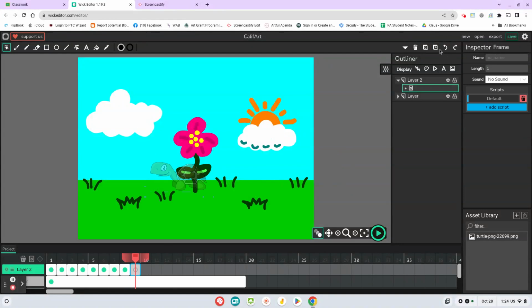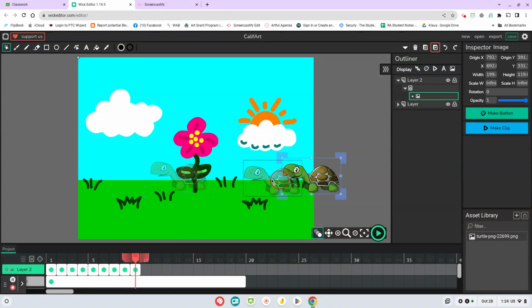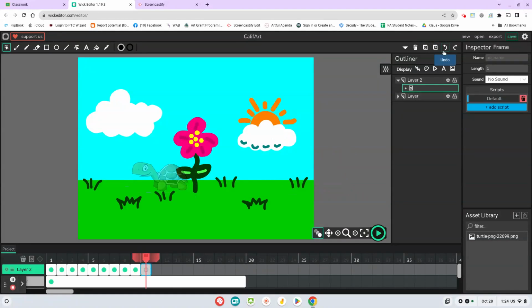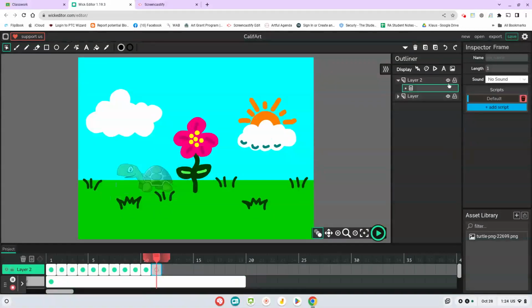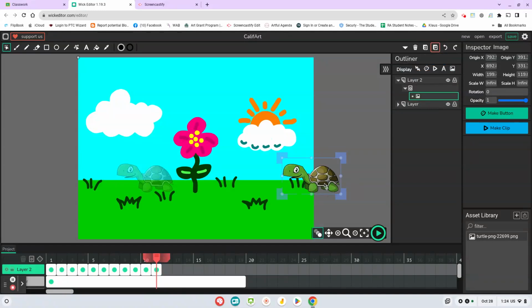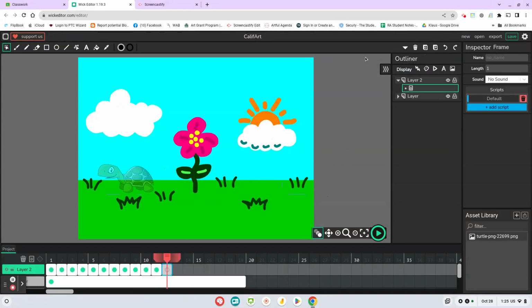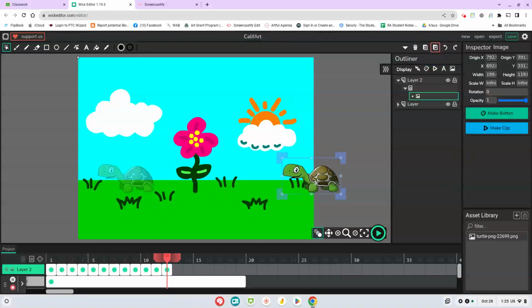plus, paste, bring him across, plus, paste, bring him across, plus, paste, bring him across. And I'm just going to continue that until I have him walking off